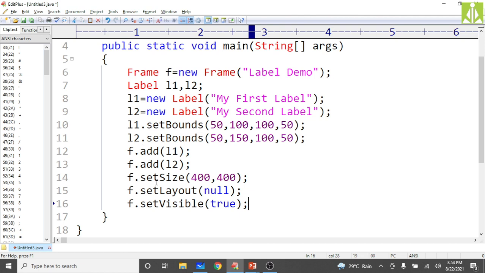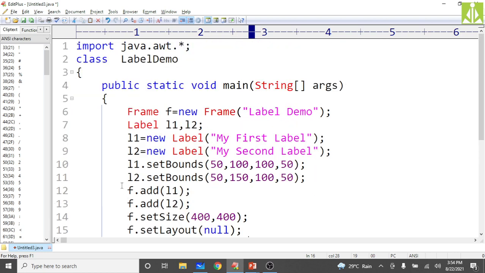Then we set the size of the frame, and we are not using a layout manager. Finally we make the frame visible to the end user by passing the true argument to set visible.